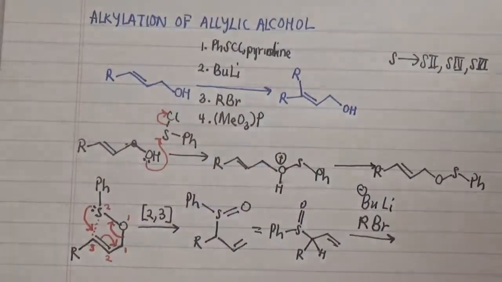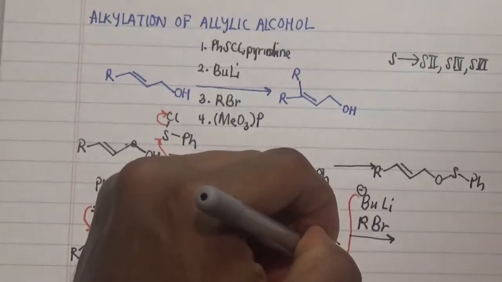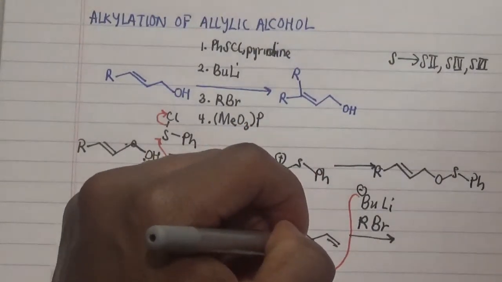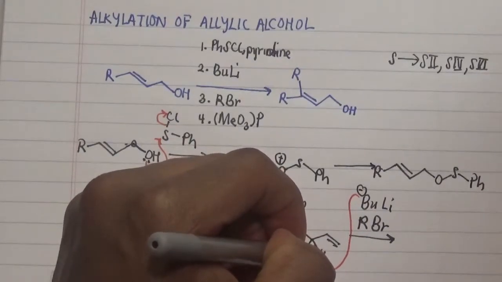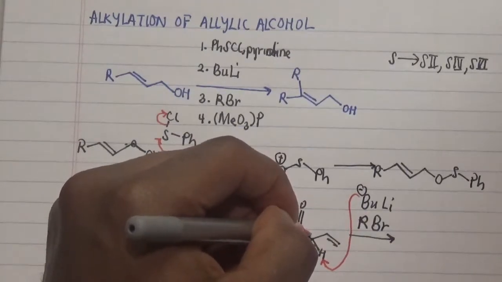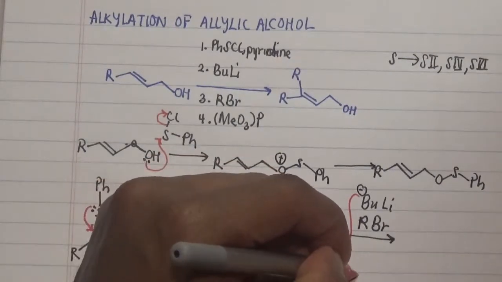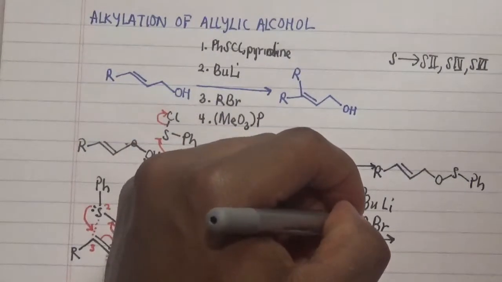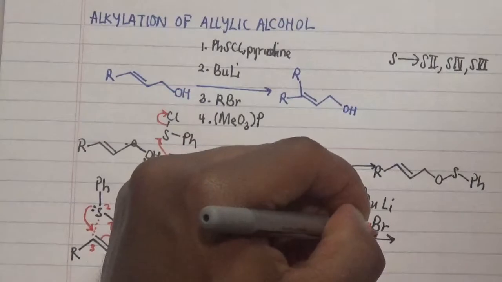This butyl here actually attacks this particular part and removes this particular proton, thereby forming a case where this particular bond, which is initially a negatively charged carbon, then attacks this particular R group, and then what happens is that this bond between the R group and the bromine becomes a lone pair